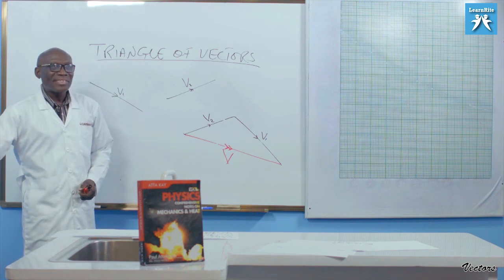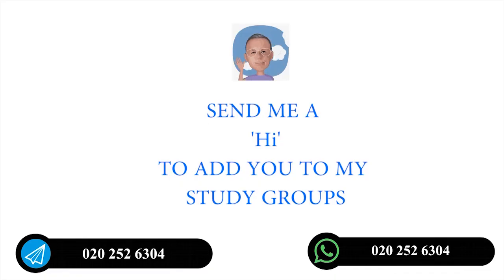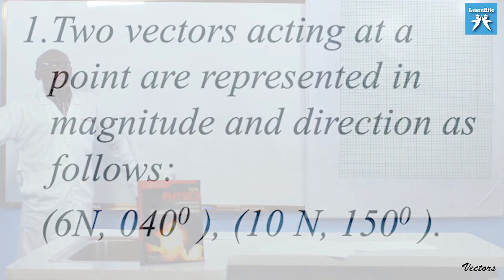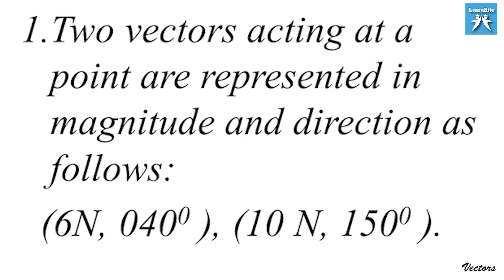And the question reads, two vectors acting at a point are represented in magnitude and direction as follows: